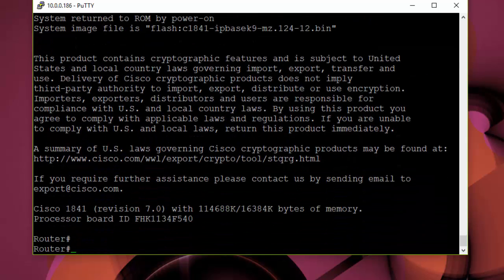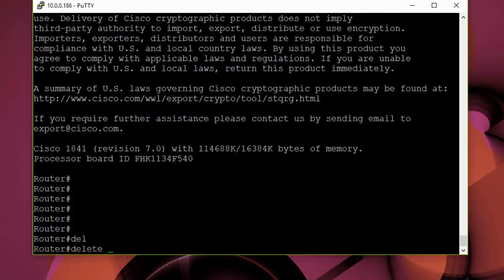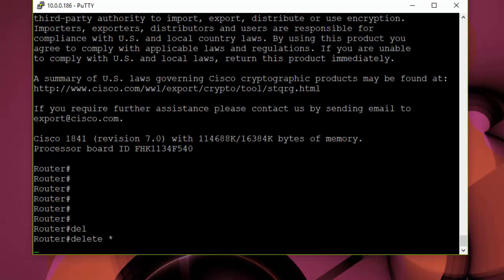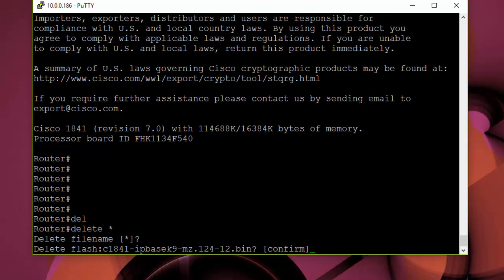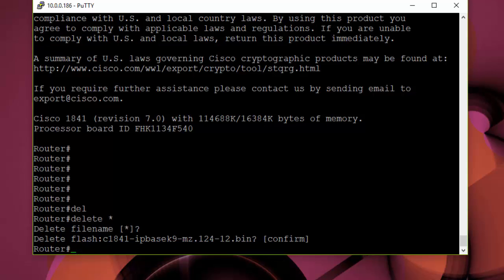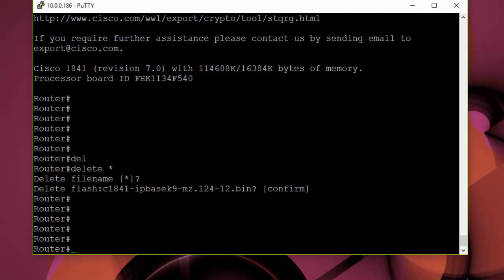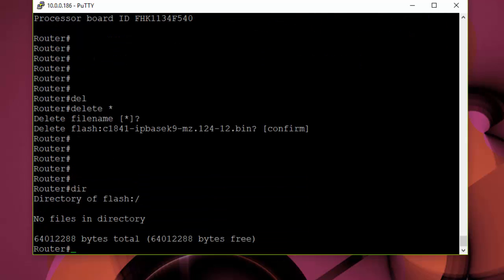So now the next thing we're going to do here is we're just going to delete that file. The easiest way to delete it is to use a star, which means everything, because we only have one file within there. Now even if you had many files in there and you didn't want to delete, say, a couple of them, what you could do when asked to confirm those files is you could just skip them by issuing a Control-C. But here we're going to press enter to confirm. We'll execute the dir command one more time just to verify that we did in fact delete it,